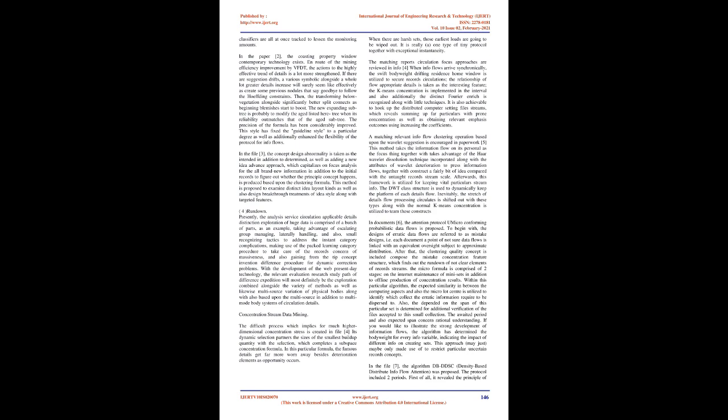The micro algorithm is made up of two stages: online maintenance of many sets and offline production of clustering results. Within this algorithm, the expected similarity between the computing elements and the micro cluster center is used to identify which cluster the uncertain data needs to be distributed to. Also, the expected radius of this cluster is determined for additional verification of the records accepted to this small cluster. The expected distance and expected radius concern rational understanding.